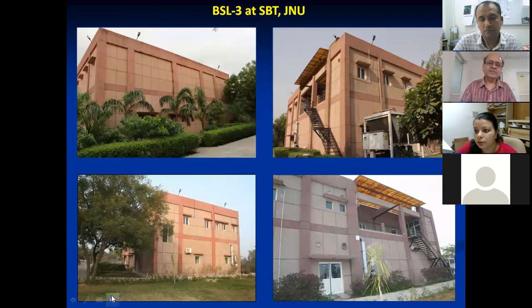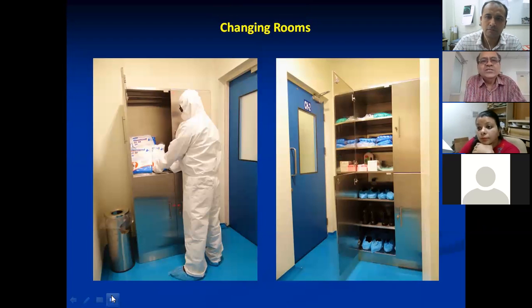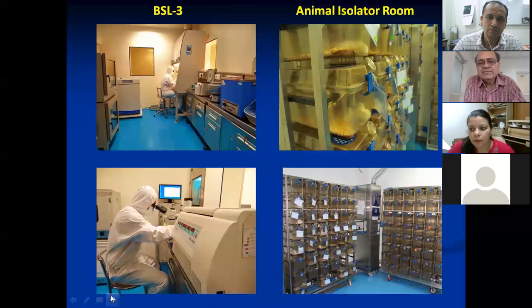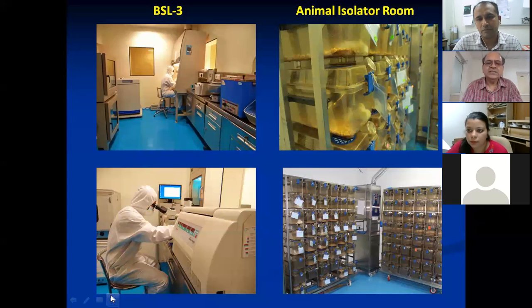Just to give you a glimpse, you have been seeing in the newspaper they are talking about BSL-2, BSL-3 laboratories. So this is my BSL-3 laboratory, which is needed to work on anthrax. This is how it looks inside. These are the corridors to go either to animal areas or to the molecular biology laboratory. These are the cages where we put our animals and do animal studies. This is a regular molecular biology laboratory.